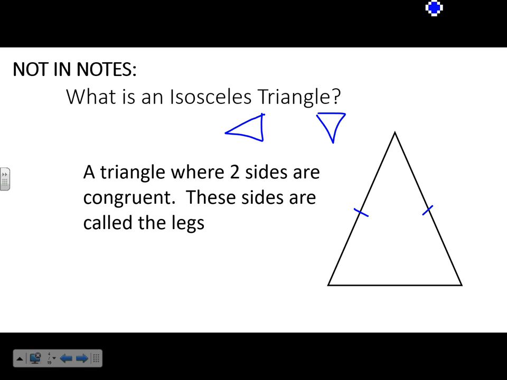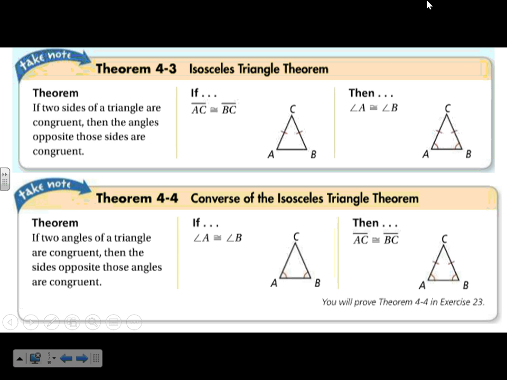We'll talk about this, but these are called the base angles. And I want to say this is called the vertex angle. I think that's called the vertex angle. Don't quote me on that, but those other ones are definitely the base angles. We'll talk about that. So, theorem 4.3, the isosceles triangle theorem, says if two sides of a triangle are congruent,